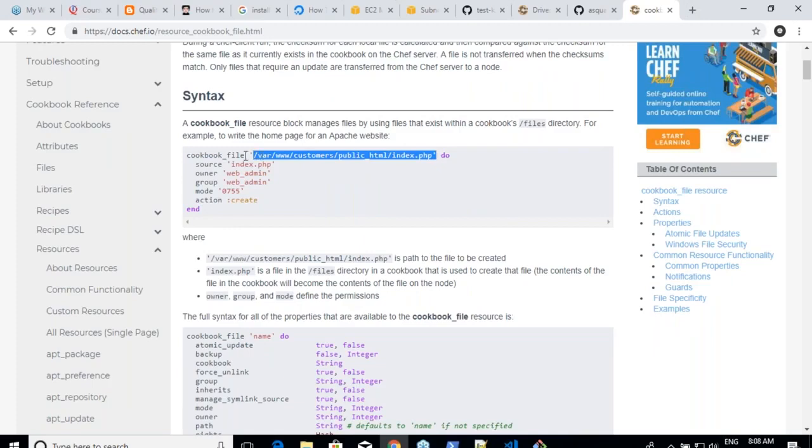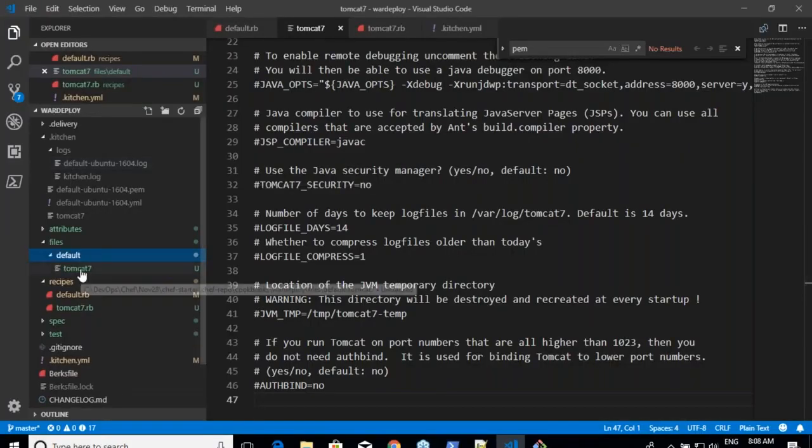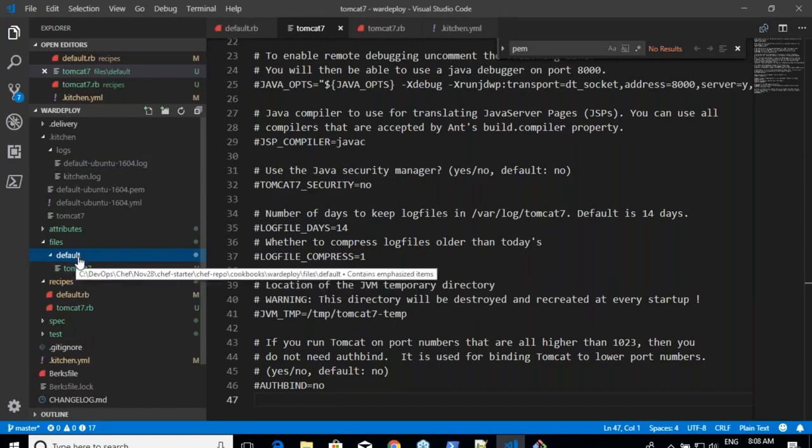And then source, where you have this file. Source is this defaults folder. In this default folder, what is your file's name? So source is this default. In cookbook files, the default is the source location. And if you want to give any path, you have to give the path underneath this.